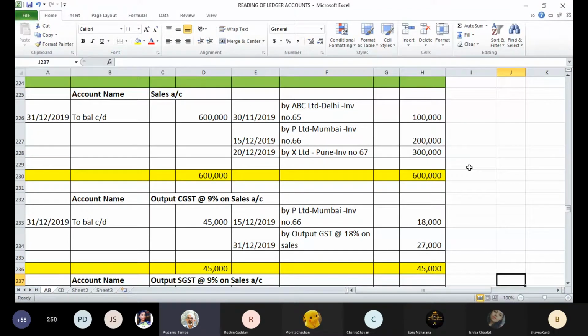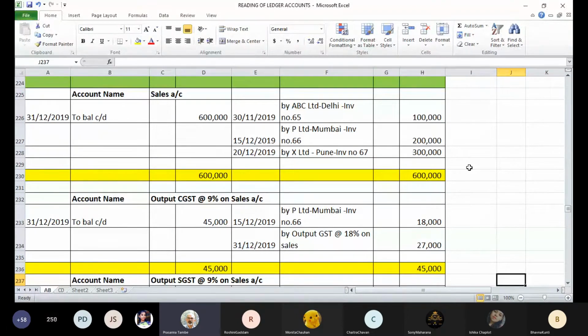Now, what is our focus? Our focus is to understand these concepts, which we have done now, and now we will go to the accounting for GST along with sales. Because if you are a manufacturer or a trader who is registered for GST, whenever you make a sale, you will obviously charge GST in that bill. Now, this GST which you charge on sale, in accounting terminology, we call it output GST.